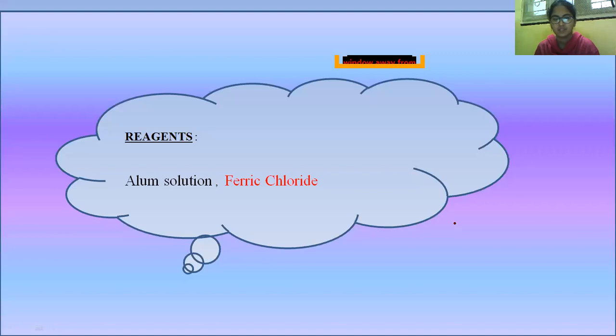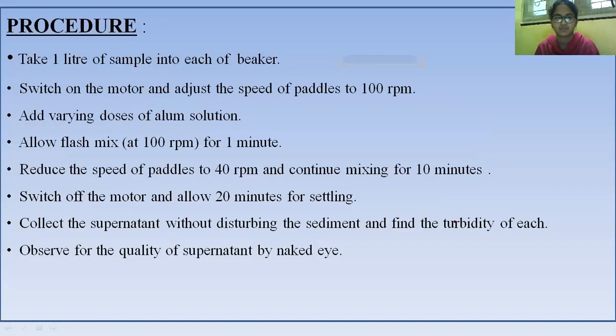And what are the reagents? Here we can use alum solution and also ferric chloride, but in this experiment we will use alum solution. And what is the procedure? Let us see the step-by-step procedure for determining the optimum dose of coagulant. First, take 1 liter of sample into each beaker,